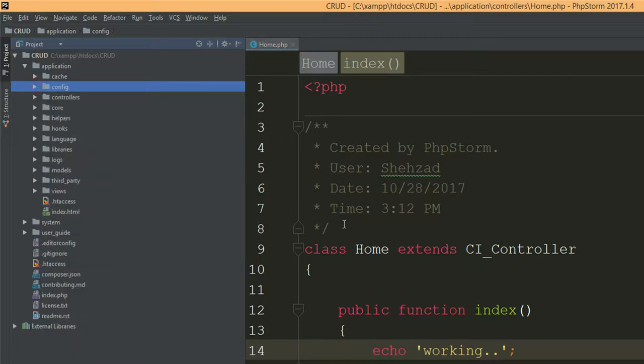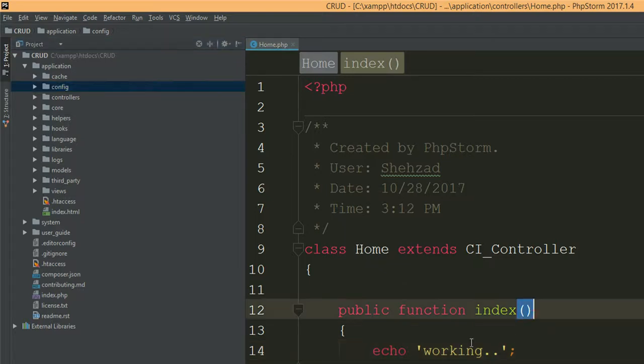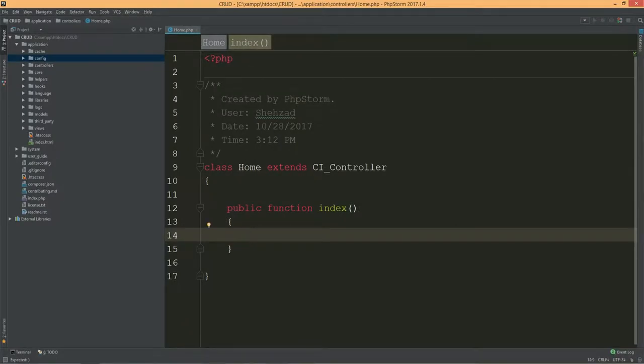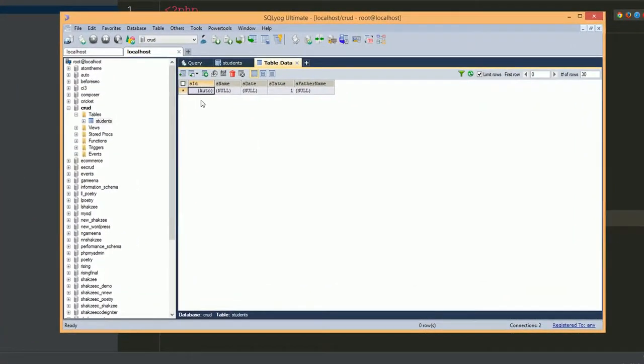Now we are going to create our first view and our form, so we can receive some information or request. In simple words, the user can give his username, password and whatever. Make sure we have our table, so the user can